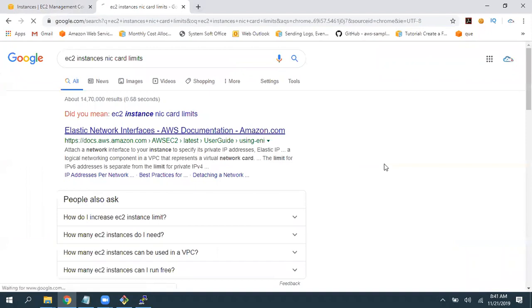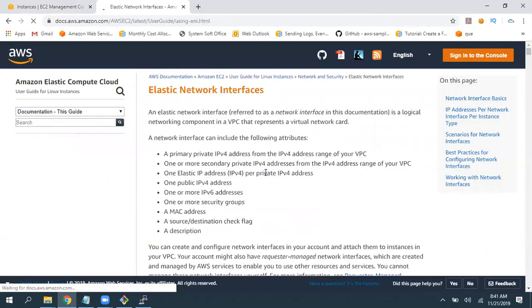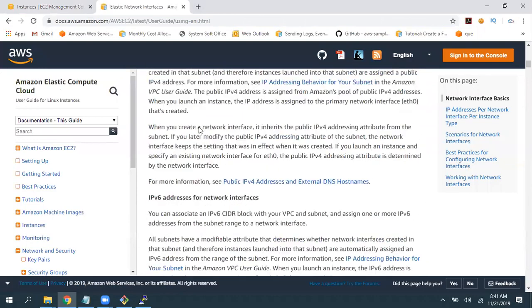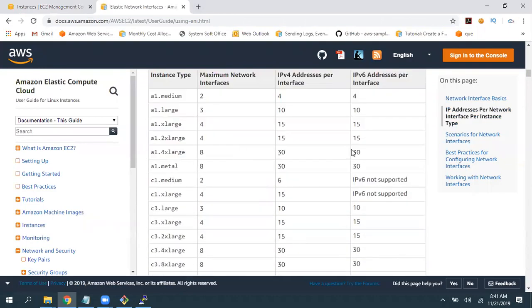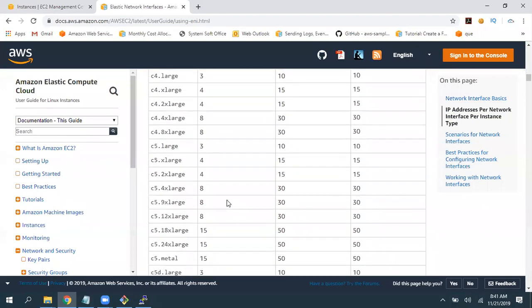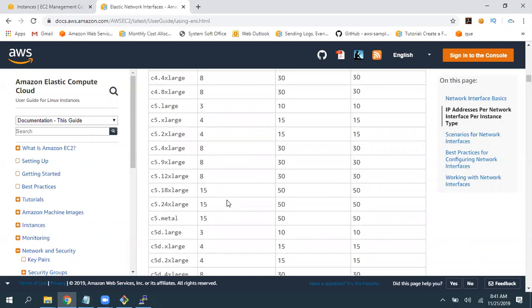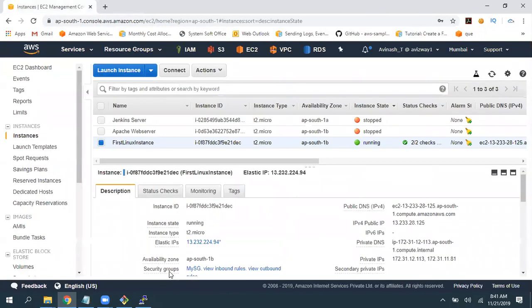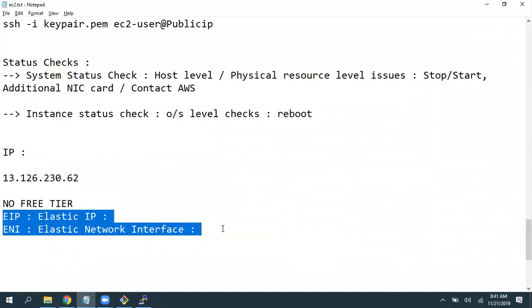This is Elastic Network Interfaces based on your instance category. Here, maximum network interfaces you can associate for IPv4, for IPv6. You can look into this for T2 micro. You can associate 2. So this is what Elastic Network Interfaces and Elastic IP addresses are.